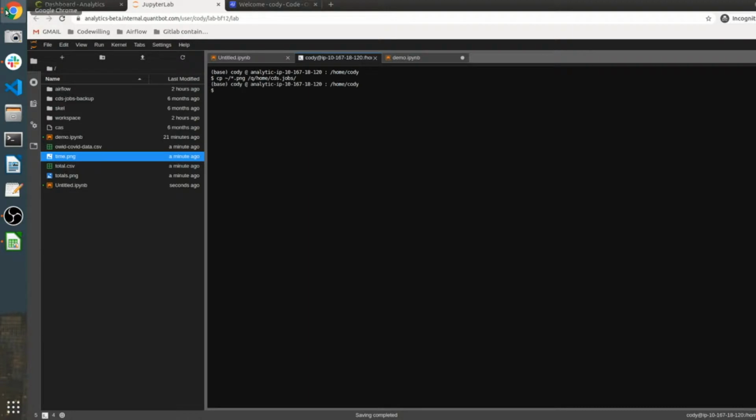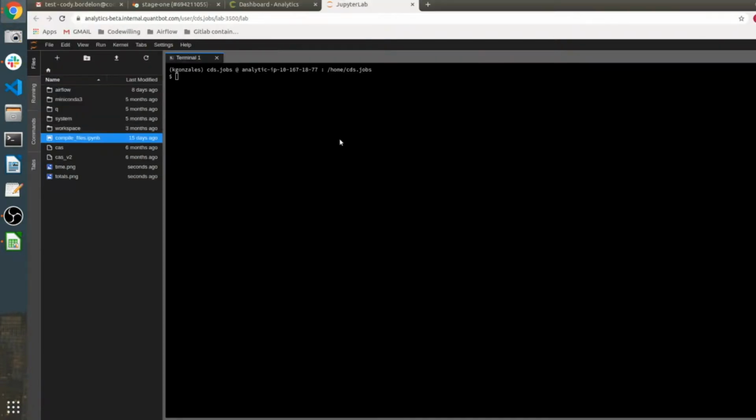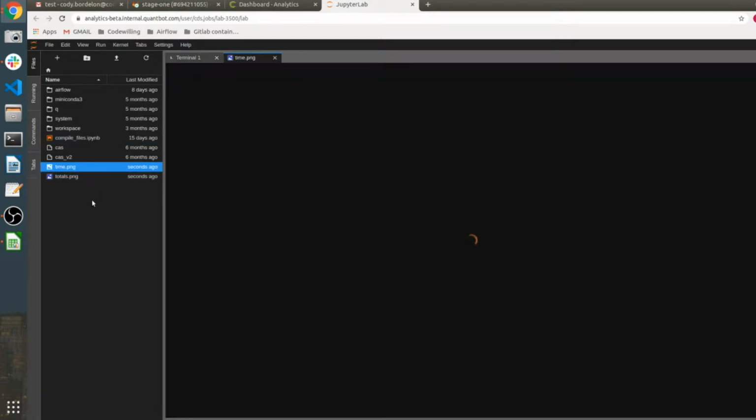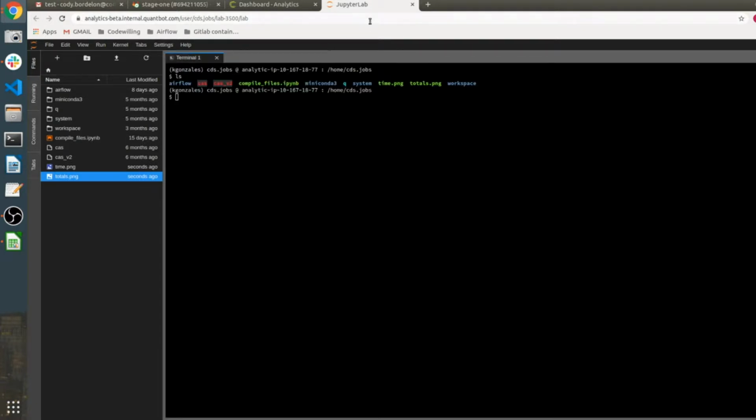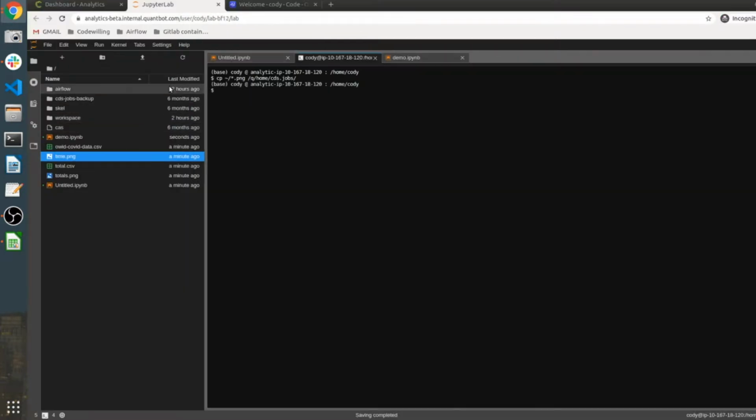And then if I go ahead and look in my CDS jobs environment, you can see now my user is CDS jobs and I'm looking at this environment. And if I look into my home directory, you can see that these PNG files are here for me and I can go ahead and look at them. And this is one of the big pluses with working with shared user space in CAS, right? In a similar fashion, the same way that you can share these PNG files with other users on the same file system,